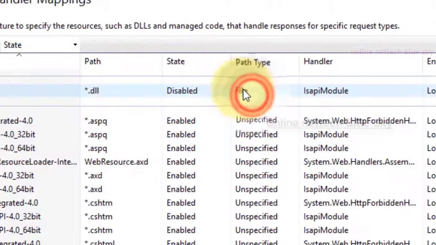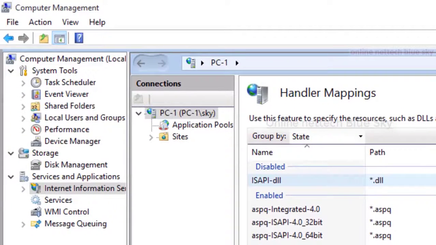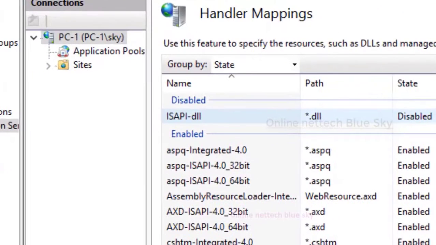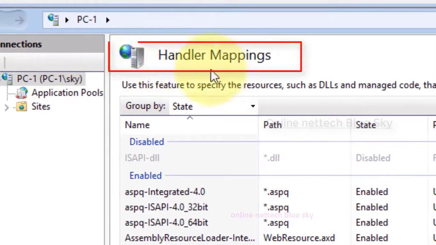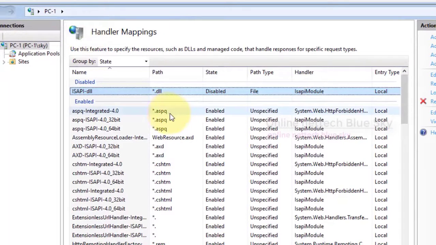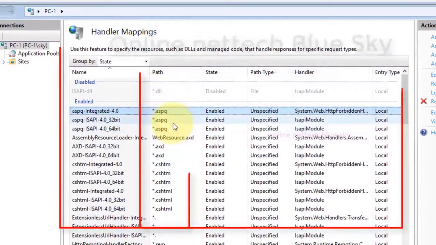So this is one type of acknowledgement, and you can see the new handler mapping. You can map your system, your processes, your services, and all the system like here. So this is a DLL, that means your path and sites here. Handler mapping is the feature used to specify resources such as DLL and HTML request files, and your application files.